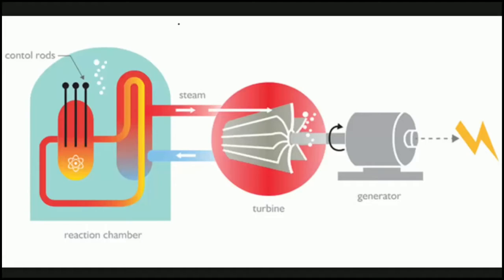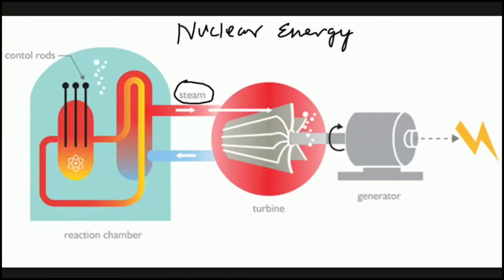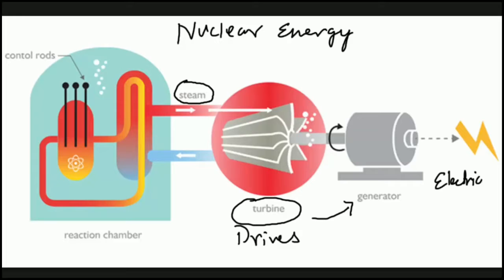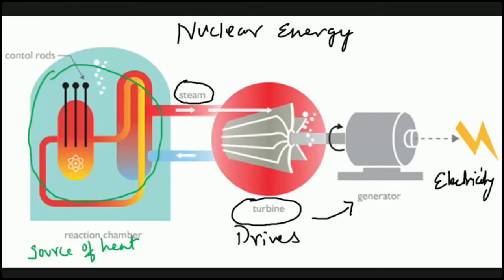And the last form of conventional energy is nuclear or atomic energy. So in a nuclear fueled power plant, water is turned into steam, which in turn drives turbine generators to produce electricity. The difference is the source of heat. In nuclear power plants, the heat to make the steam is created when uranium atom splits, which is also called fission. So in nuclear fission, energy is released in the form of heat, and this is used to generate electric